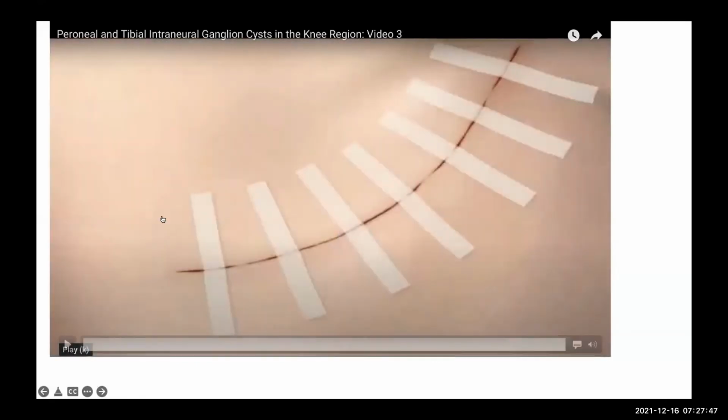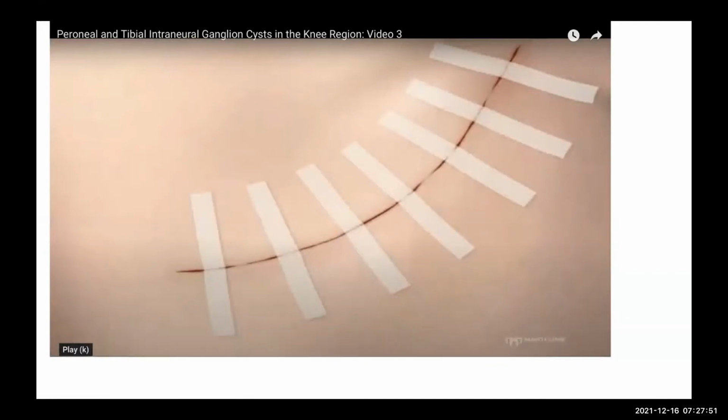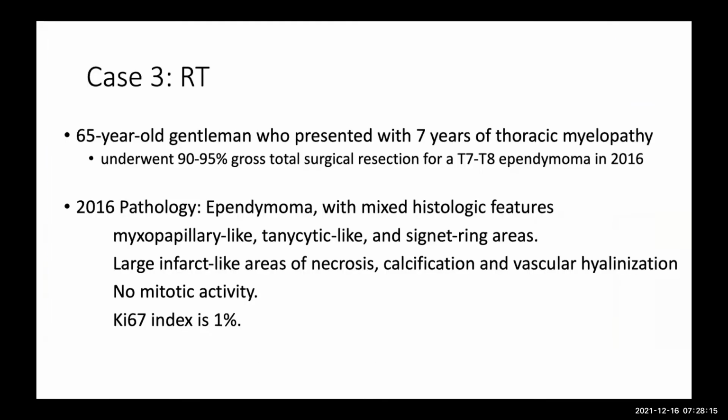So shockingly, this patient actually had a neurologist outpatient drain the cyst 3 times with a needle. And all 3 times his symptoms fortunately got much better. The cyst got smaller, but like the history would imply, it recurred. And eventually we saw him in our office, and Dr. Cote treated it by neurolysis of the articular branch of the common peroneal nerve. So that is